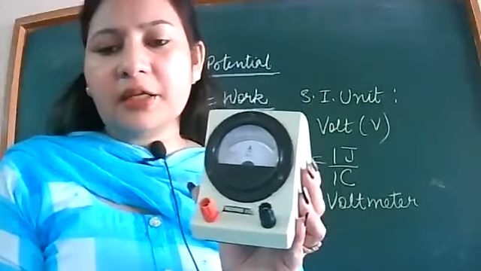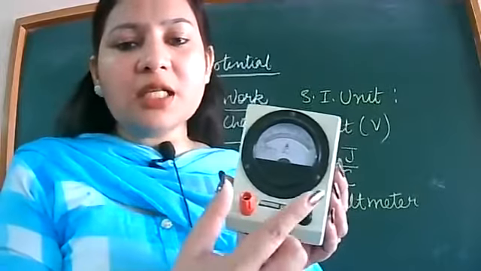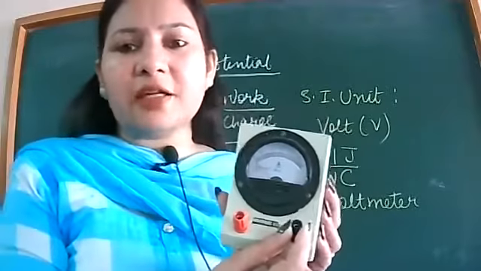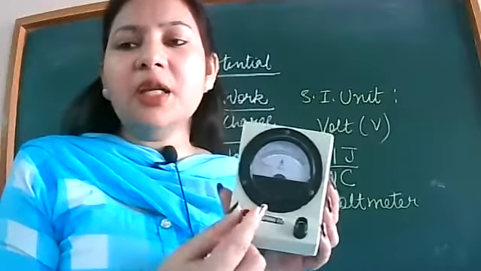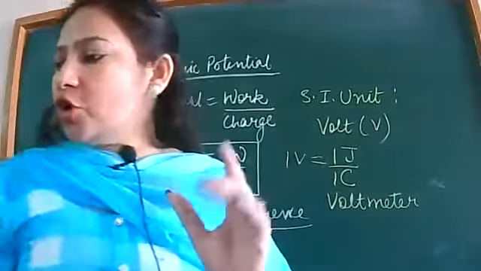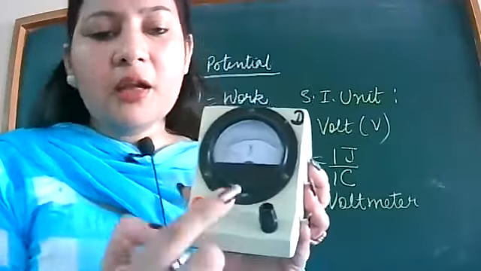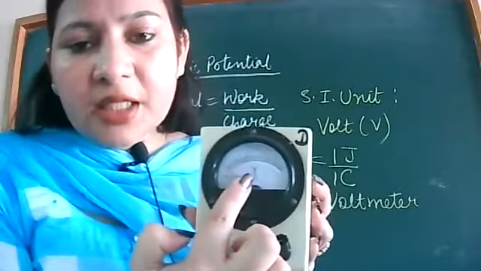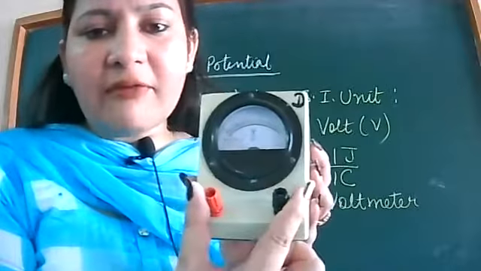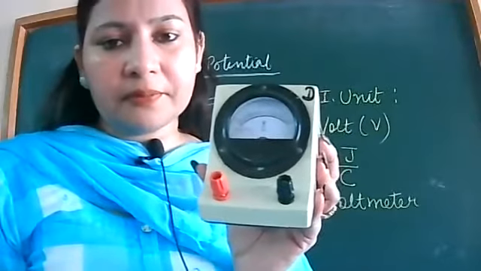Okay, here A is written. Devices like ammeter and voltmeter always have 2 terminals, red and black. Red is always positive, black is always negative, right? Now I show you the voltmeter. This is a voltmeter, where V is written in the center. Otherwise, everything is the same. Again, it has 2 terminals, but in the center V is written. That means this is a voltmeter.